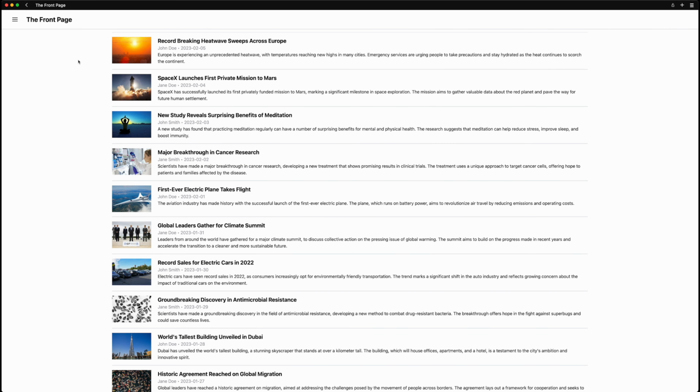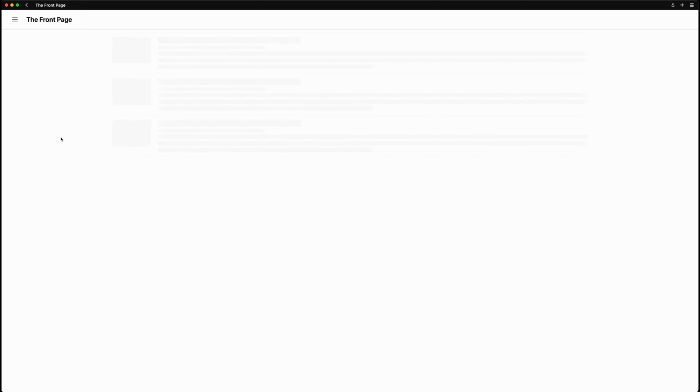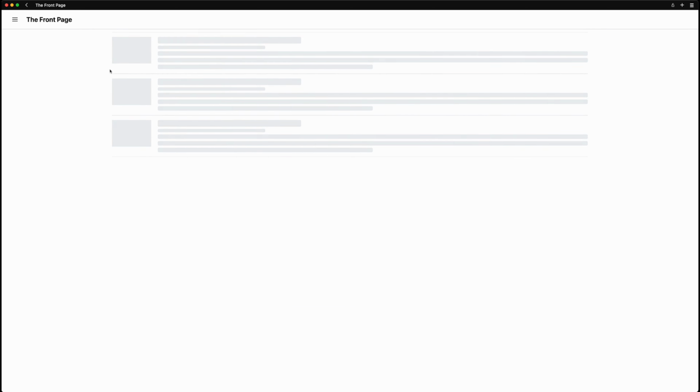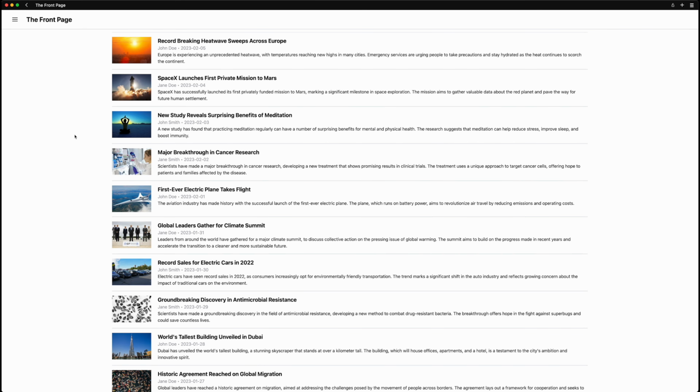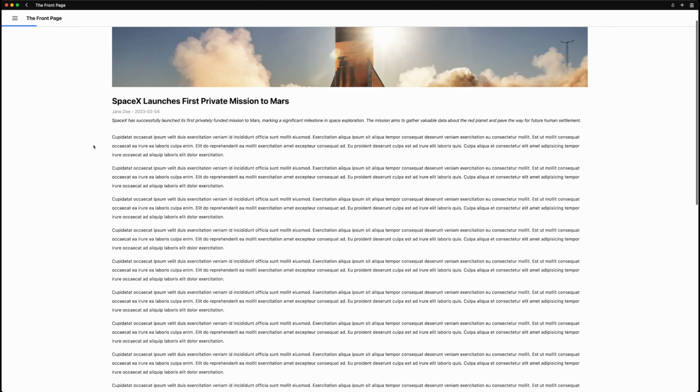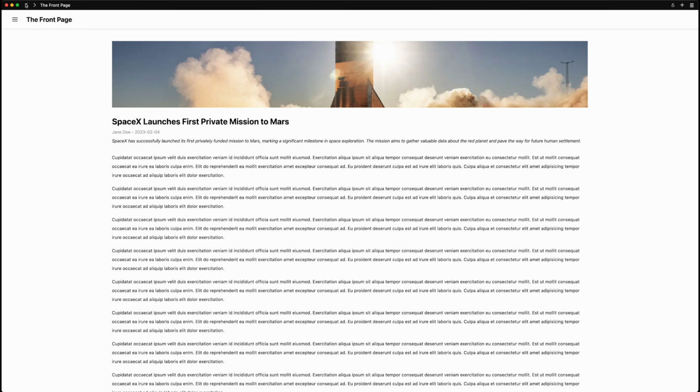The second is some loading skeletons as we load the page. So if I just refresh the page, you'll see these nice pulsing skeletons here that nicely flow into the actual content, which is really nice. And this will also be accompanied with some page transitions. So if I click on, let's say, this news article, you can see here it nicely transitioned back and forth